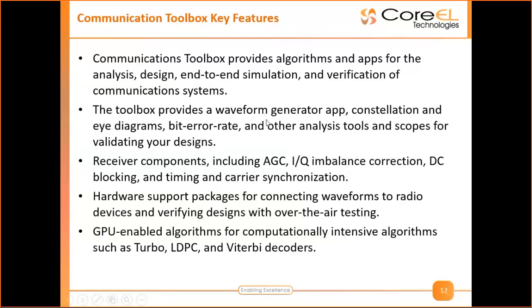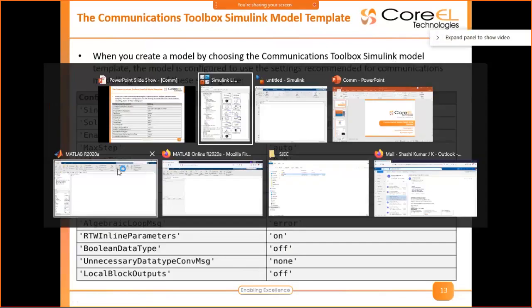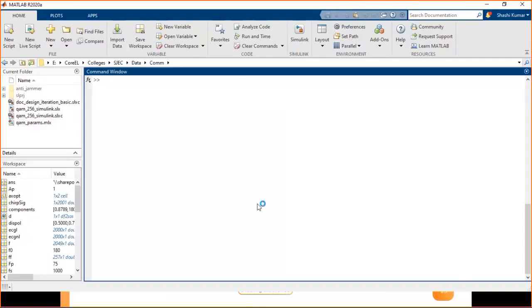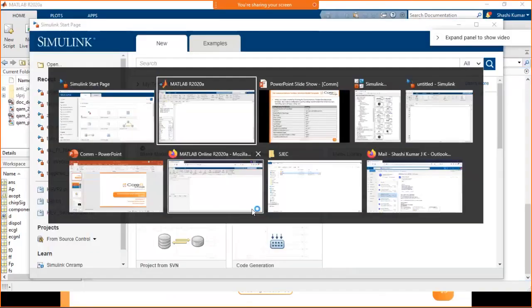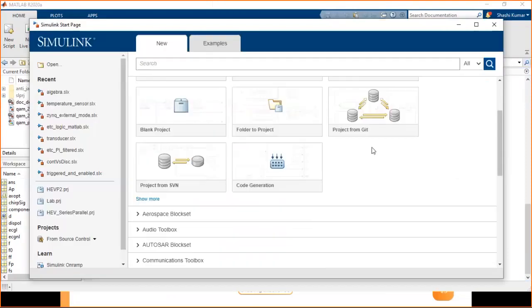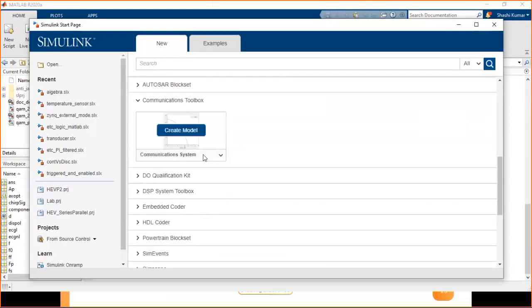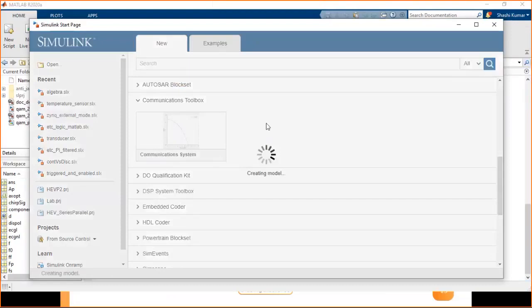So how do you get started with simulating a model in Communications Toolbox? Just go to the Simulink start page. In the start page, in the Communications Toolbox section, you can click on communication systems and create a model. This is how you should start off with Communications Toolbox. Why? Because